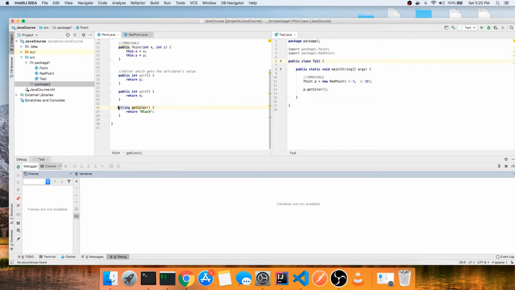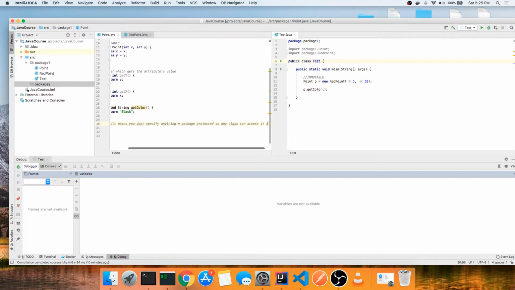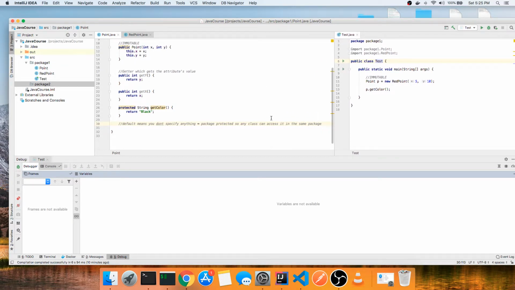But if you also make it protected, we haven't talked about protected yet. The default means you don't specify anything, and it is package protected. So any class in the same package can access it. Okay? That's what that means. Protected is the same thing, but any class in the same package or any subclass can access it,